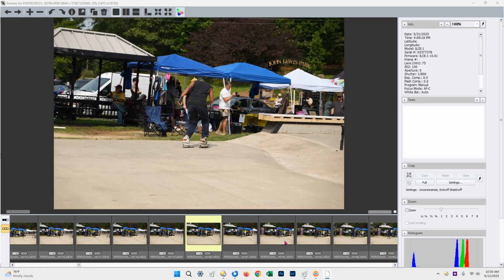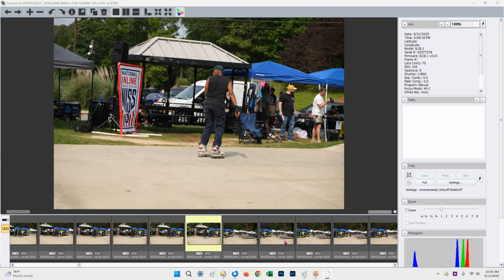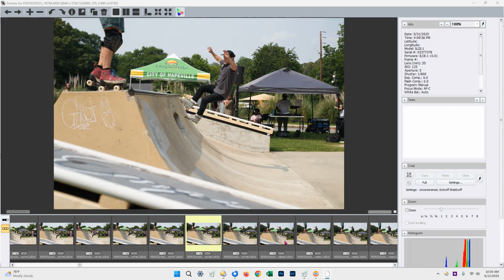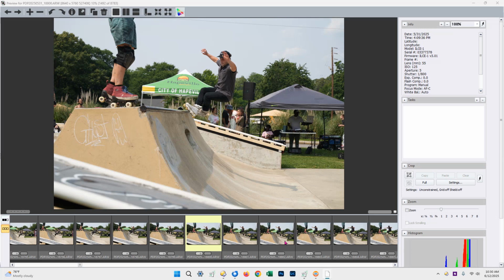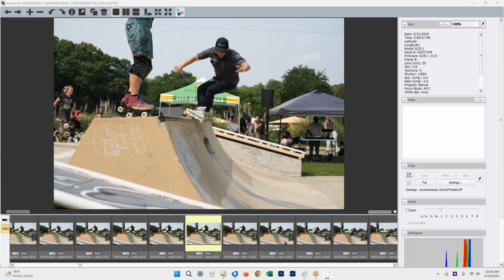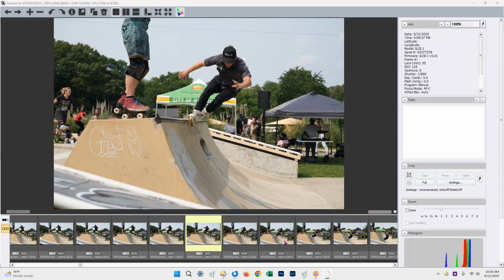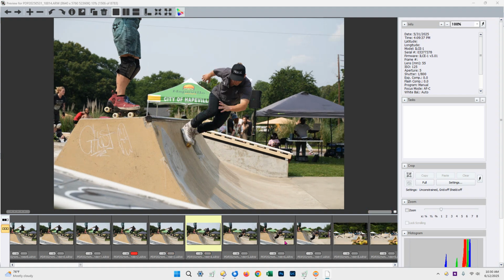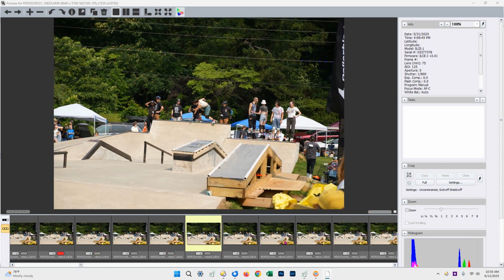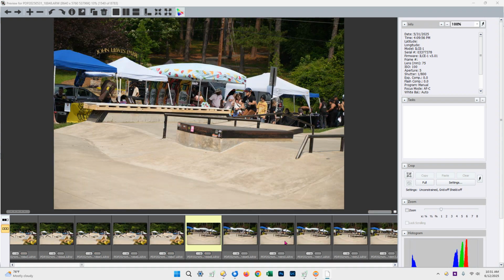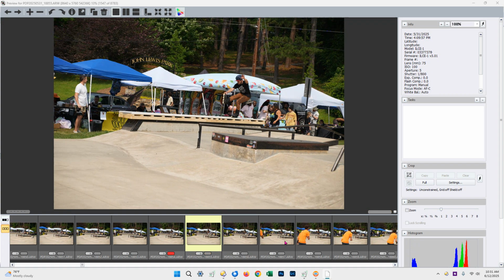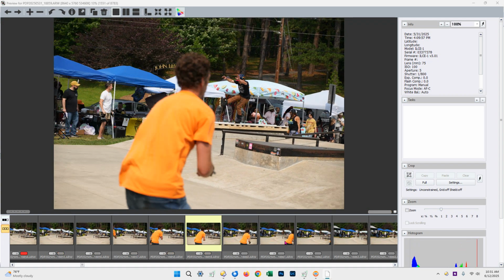So again, the camera that I have can record up to 30 frames a second, and so again, most of these frames I will not keep. I'll just flag a few of the ones that I think are worth posting, and then discard the rest. For this event, I captured about 17,000 rapid fire images,